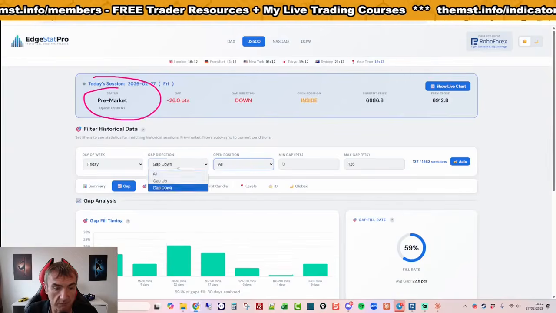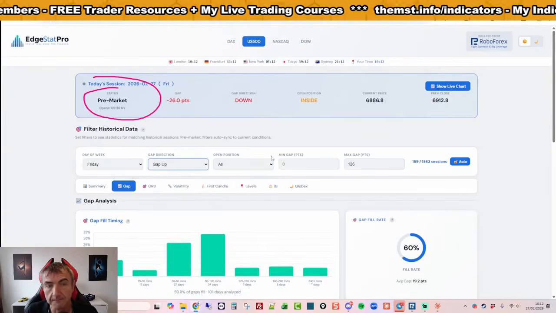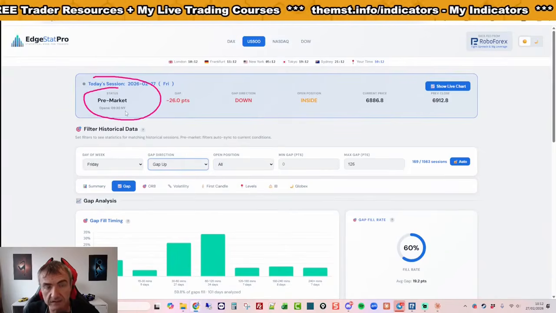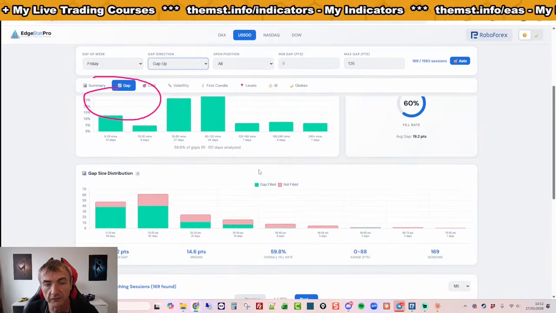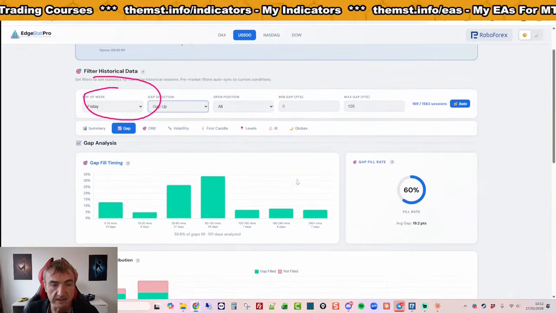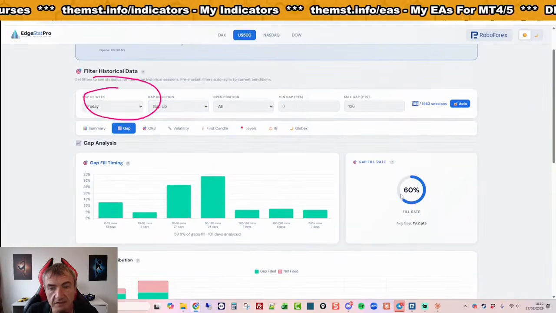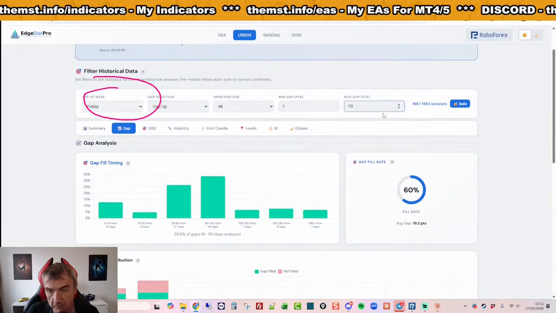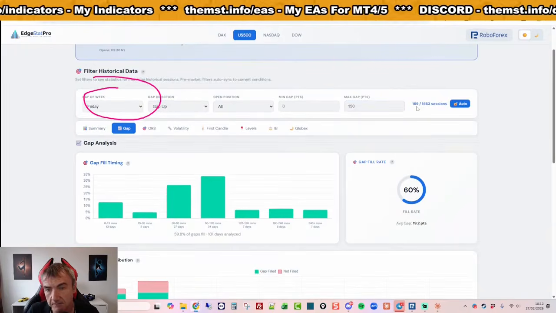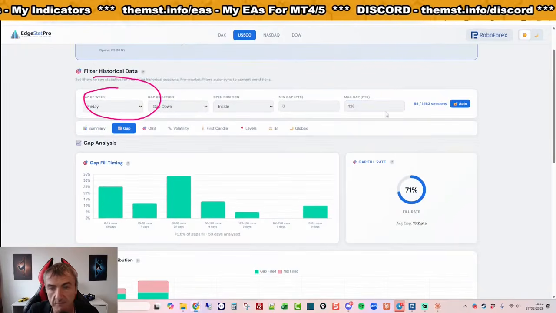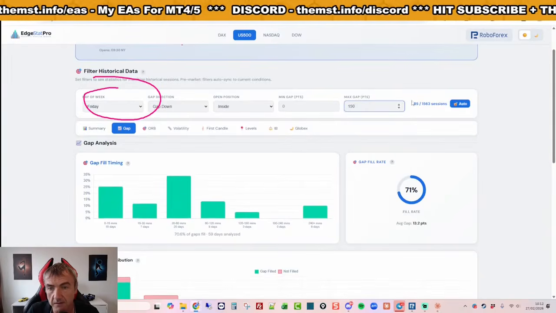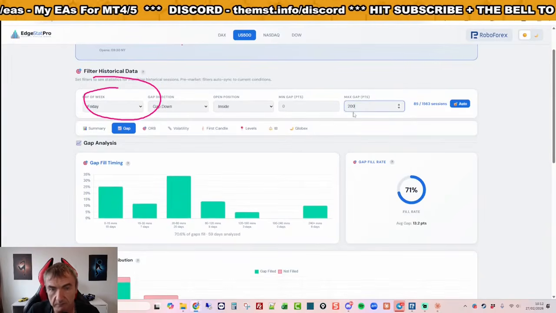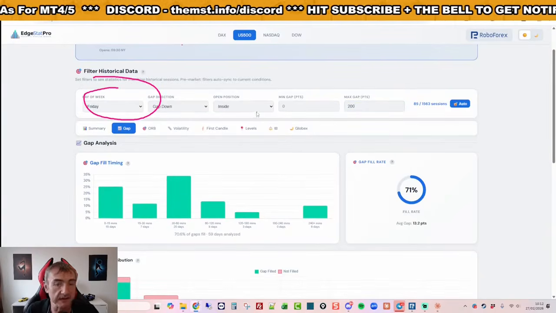Oh, sorry, not that one. That will change to gap up. Then it locks in at session open. So the statistics when the market opens are the statistics, and it shows you how many sessions there are. So if I change that to 150, we'll get more sessions. Not in this case. 85. So if I change that to 150, 200. Oh, we haven't had any gaps that are different.